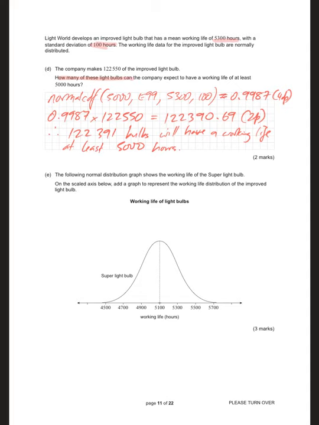Following normal distribution shows the working life of the super bulb. Add a graph to represent the improved light bulb. So the super light bulb's height is going to be 0.4 divided by its standard deviation, which was 200, I believe. Let me check. Yeah, 200, 0.4 divided by 200, 0.002. The new height is going to be